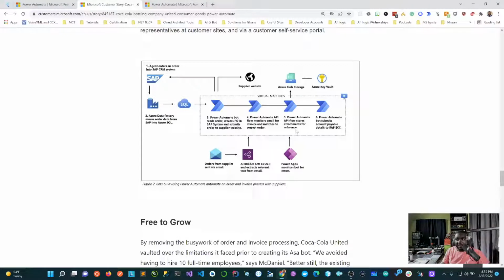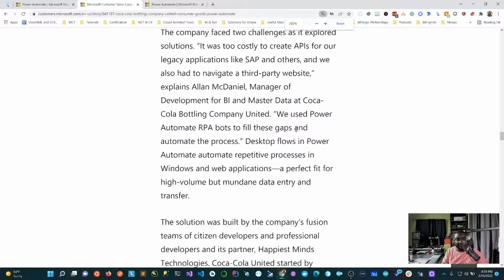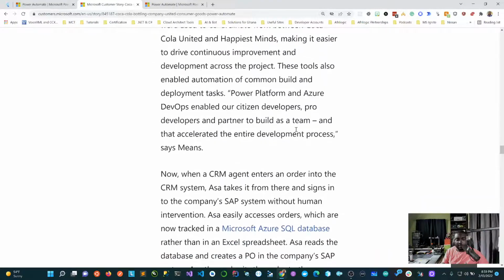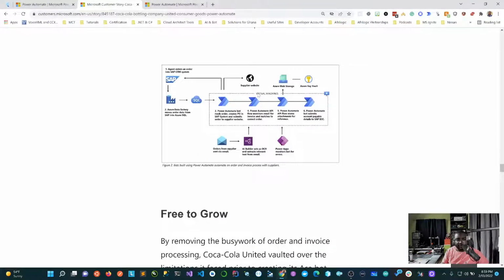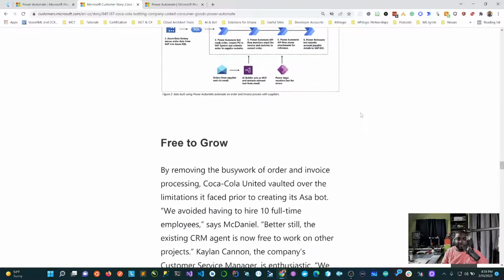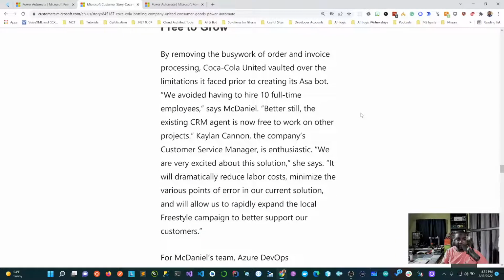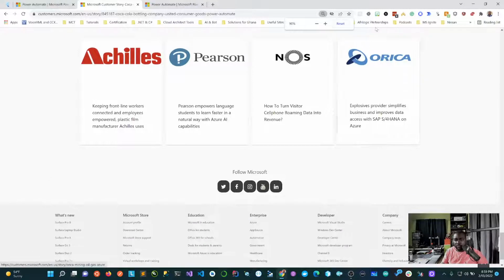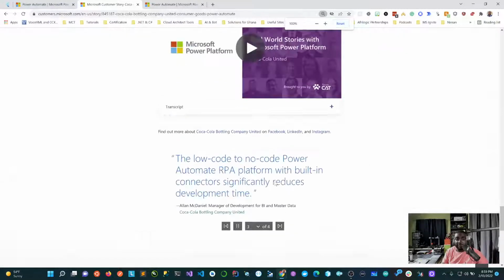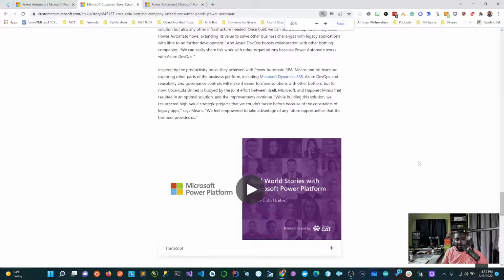So this is more like a schematic of what Coca-Cola did. From SAP into Data Factory through SQL and a bunch of Power Automate flows, blob storage, storing them, sending emails. We'll look at a very minimum use case. They were just talking general Power Automate. If you have any questions about Power Automate, please drop them in. We'll try to answer them if I know it, else I can reach out to my community.